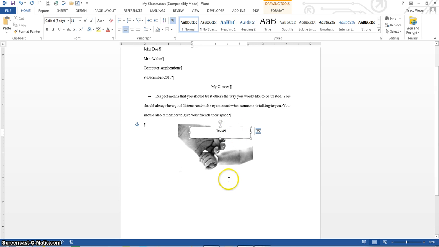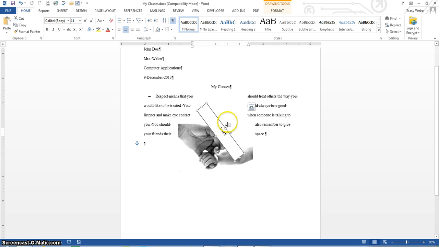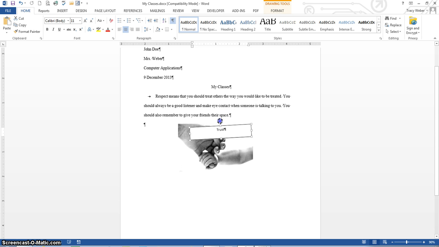the box. I want to move it down here, and if I point at the side or the handles, I move it, and I can rotate it too, just like the clip art, but I want to move it. So to get the four-headed arrow, you point at the border and you get a four-headed arrow, then you click